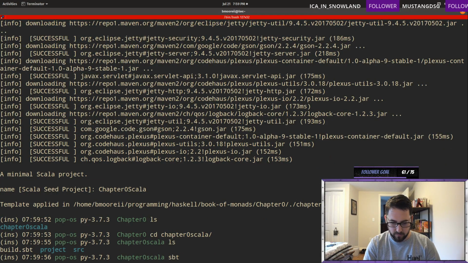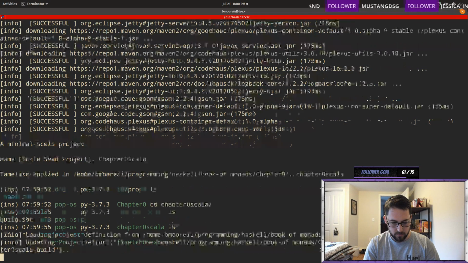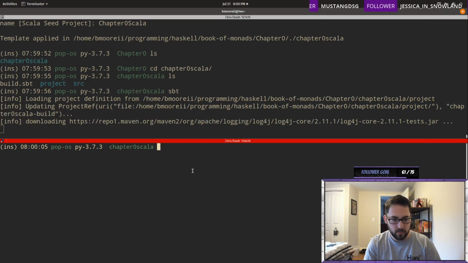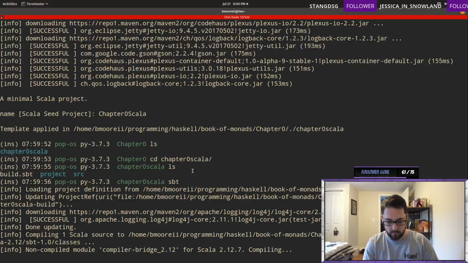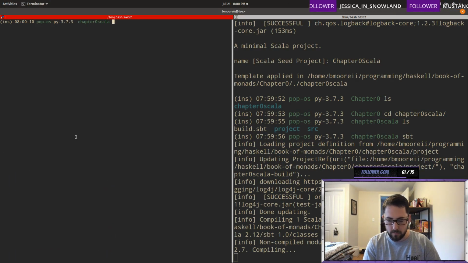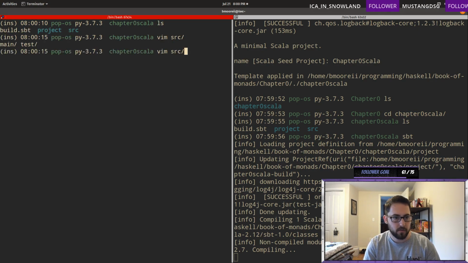So SBT. Well, I guess what we'll do is we'll do it this way, but put this over here, and then we can just compile in one main.